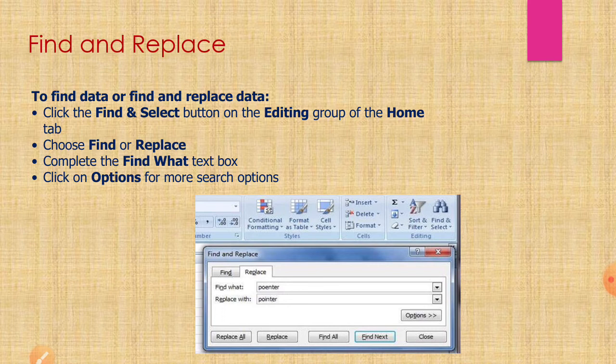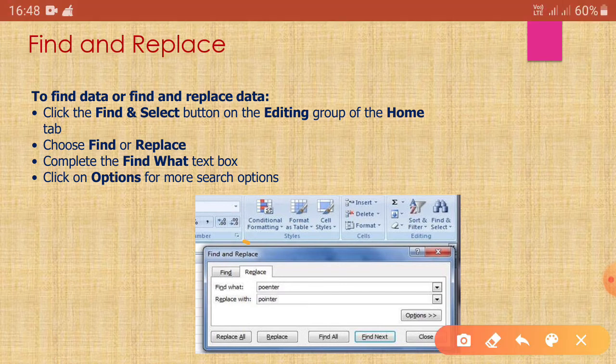Okay, then this window will come. Here you have to choose whatever you want, find or replace. If you want to replace, then we have to click on the Replace button, and then we will have the options Find what and Replace with.